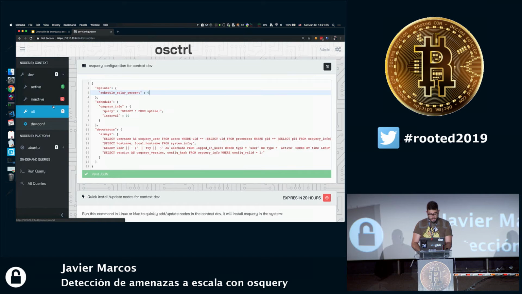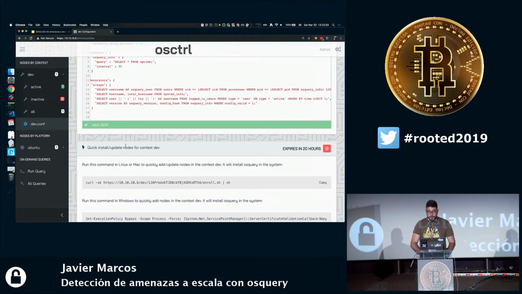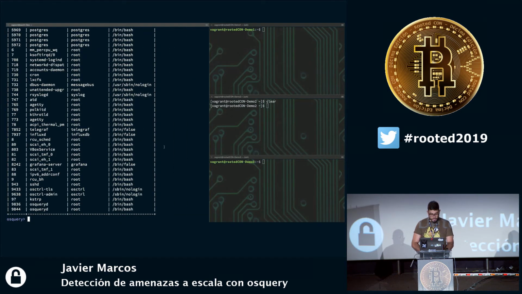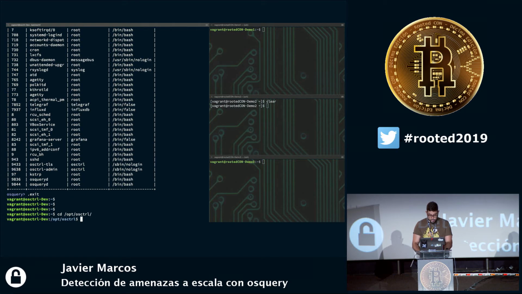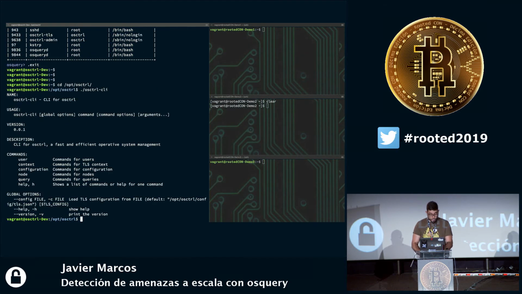And now I'm going to show you something with the line of commands, using the line of commands in order to add a new system, and I'm going to add new things. Why is that? Because I think it all depends on the system to add all the machines. So I created myself a script to configure or add osquery within the endpoint I'm using. So I have a couple of virtual machines that are working, in operation now. So, OPT, control,